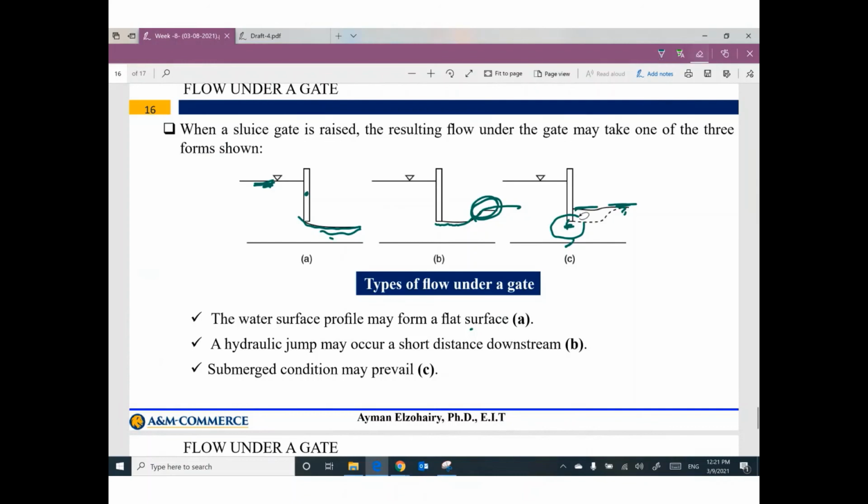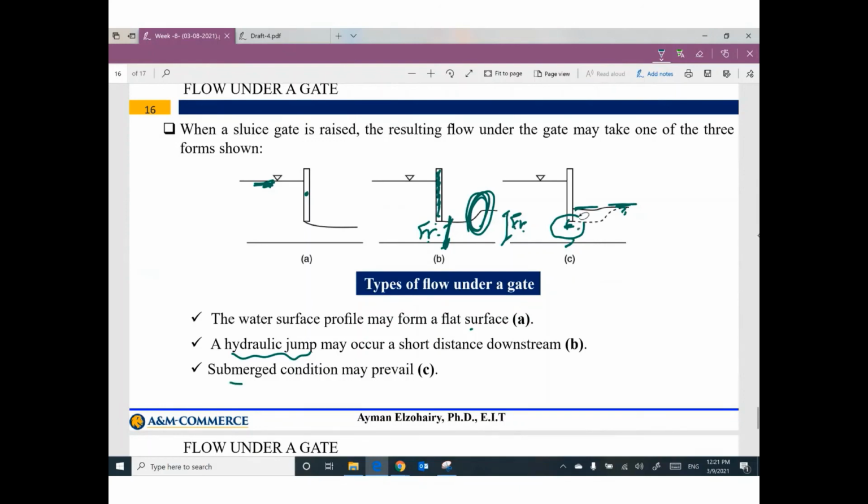Anybody can tell me, how can I expect this one or this one? How can I expect the hydraulic jump behind the slice gate? Okay, go ahead here and find Froude number. After a certain distance, find a Froude number. Based on the Froude number, I can tell you your flow is supercritical or subcritical. If you have something between supercritical and subcritical, we expect here water hydraulic jump. Do you remember that? So all of these stuff we covered before.